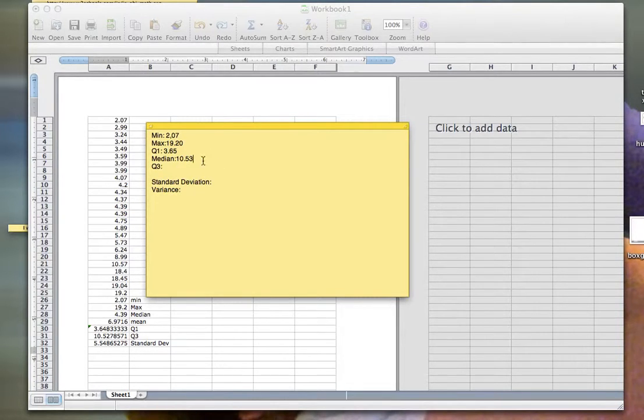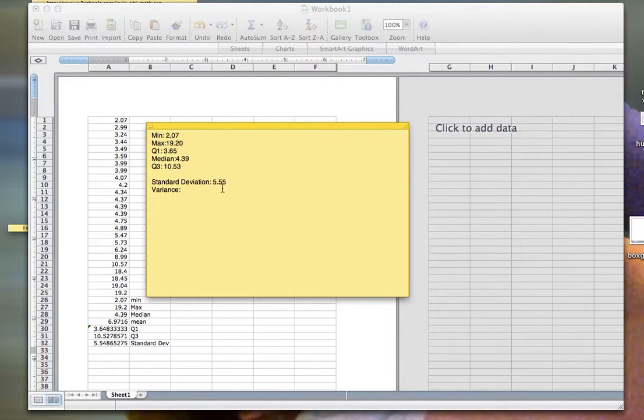Oh wait, I apologize. See, we have to be really careful labeling because it's really easy to get confused depending on the order you went. So our median was 4.39. And then our third quartile was 10. Okay. And we found that our standard deviation was